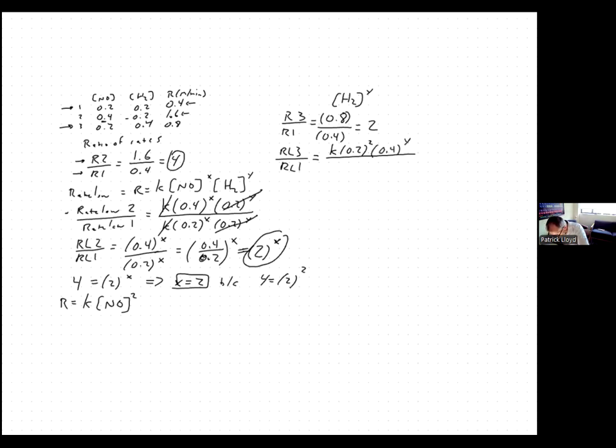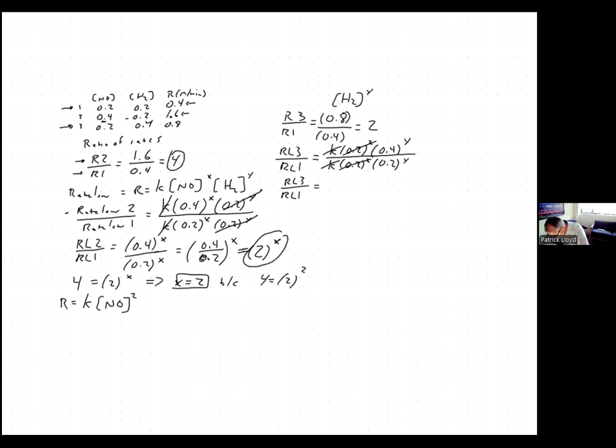And then for trial 1, it's k times 0.2 squared, and then 0.2 to the y. That's going to cancel with that. As long as it's identical, same number, same exponent, you can cancel them. It becomes 1. k is a constant, k is a constant. That's going to cancel. And so now rate law 3 over rate law 1 is going to equal 0.4